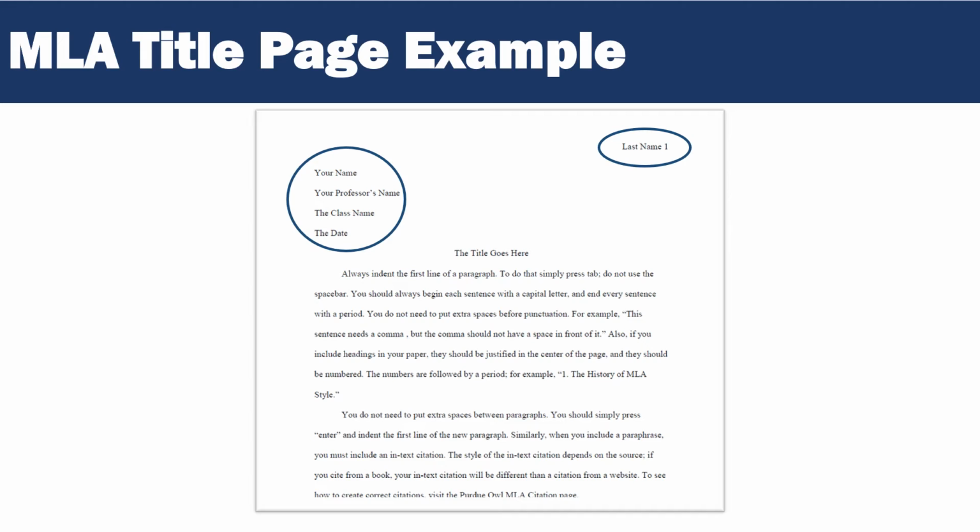After you insert a header, you need to left align your name, your instructor's name, the class name, and the date of the paper that is due. Following that information, center a title for your paper. Note that the title is in 12-point font, not underlined, and no bolding. Press enter one more time and you will begin your introduction. Remember that your instructor may decide to change any of this information, so be sure to double check any instructions or examples the instructor gives you.